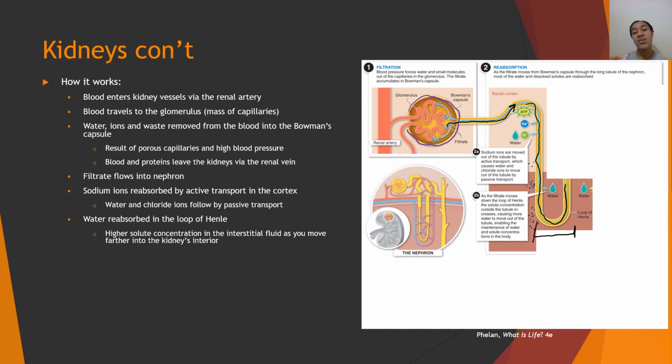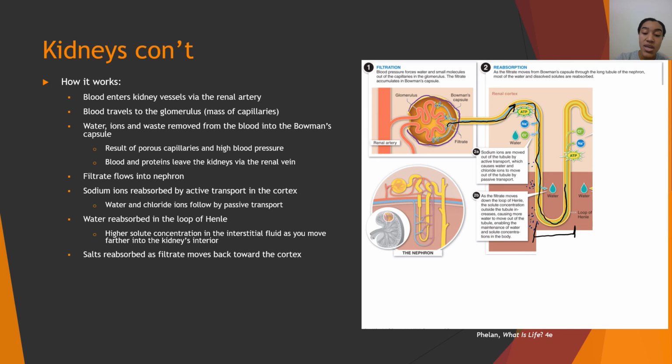As we go and increase in solute concentration, the higher the solutes in the interstitial fluid, the more water will be removed from the filtrate into the interstitial fluid. So we're reabsorbing more and more and more water. And then eventually we get to the bottom of the loop of Henle, and it will start to travel up again. So the nephron will travel back up to the cortex,